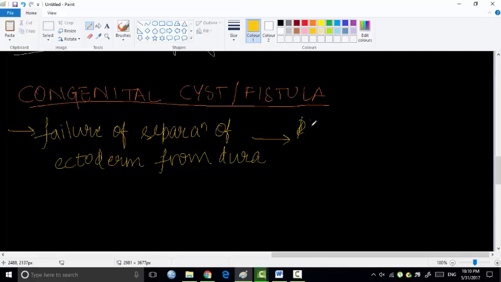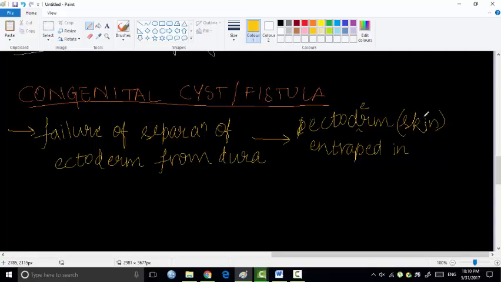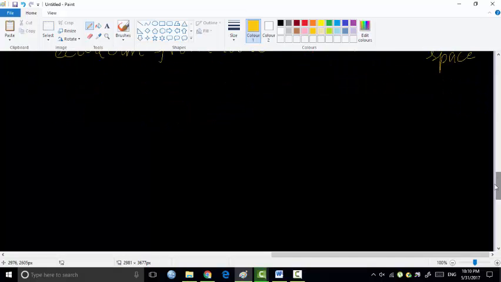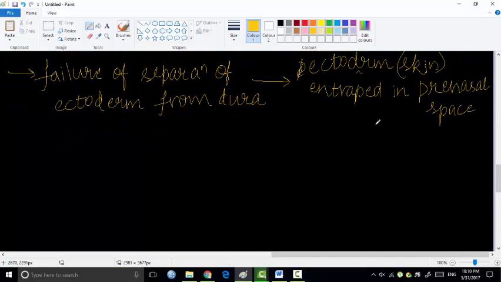This is the same as dermoid, right? Even this pathogenesis you can write for the dermoid cyst, right? So this ectoderm is entrapped in the prenasal space. This results in dermoid cyst,